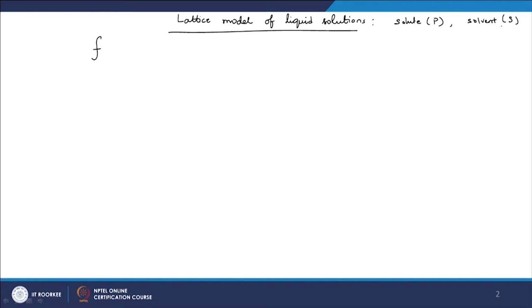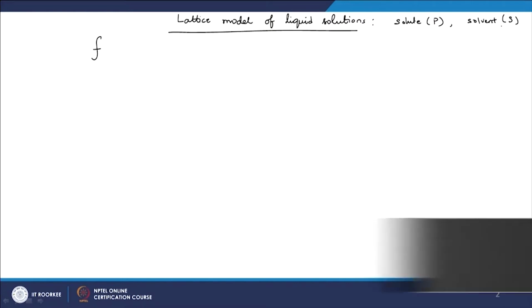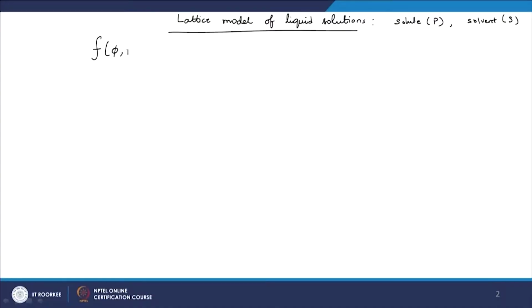Both are assumed to have the same volume, same as the lattice cell volume, and they are essentially occupying positions on a lattice rather than moving on a three-dimensional volume. So, for this case, we have derived that the Helmholtz free energy is given as